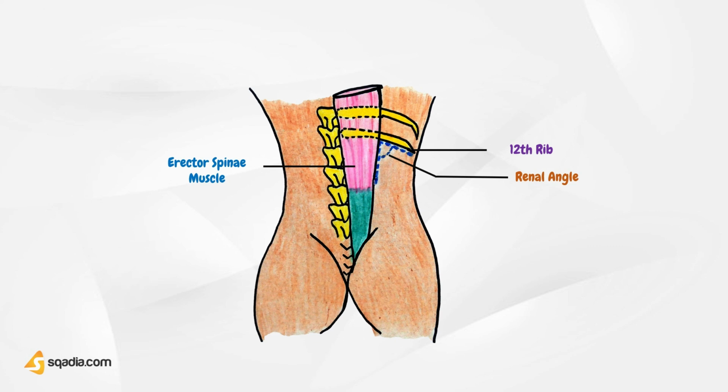The kidneys are likely to be injured due to penetrating injuries to the lower thoracic cage. These may also be injured by kicks in the renal angle, which is the angle between the vertebral column and the 12th rib. Moving forward, blood from a ruptured kidney, or pus in a perinephric abscess, first distends the renal fascia,